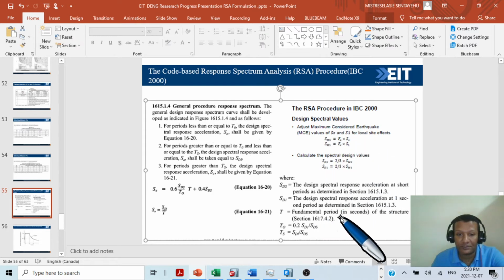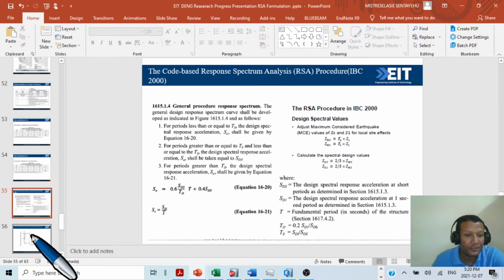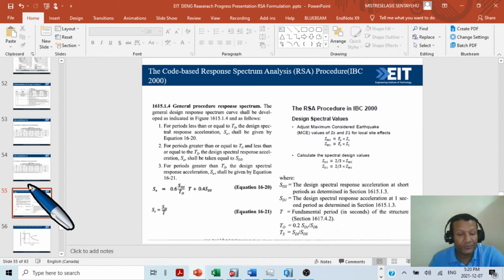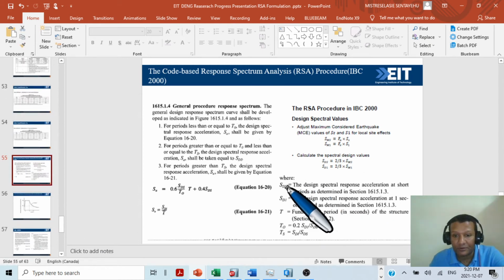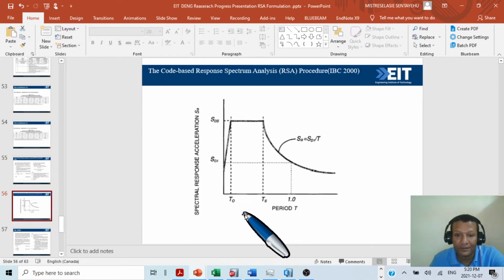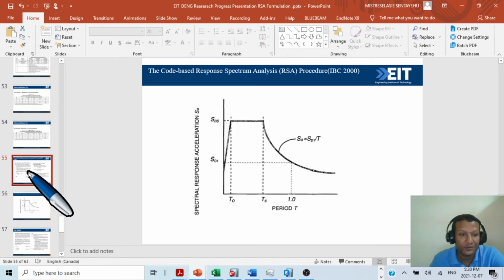We will design for this one, and all the explanation of what it is we can read, just to minimize time. Let me pass, but everything is written. What is SDS, what is SD1, what is T0, Ts. Once we find this and calculate, automatically we come here, we know T0 and we know Ts, because here